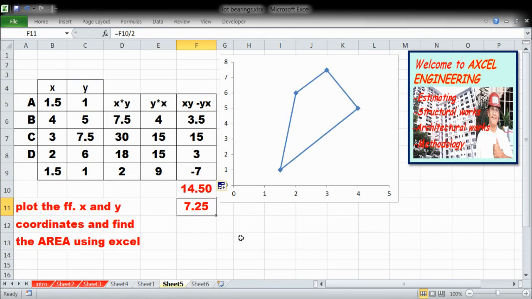Okay? So, ganito lang kasimple. Double area divide to 7.25. So, ganun lang mga